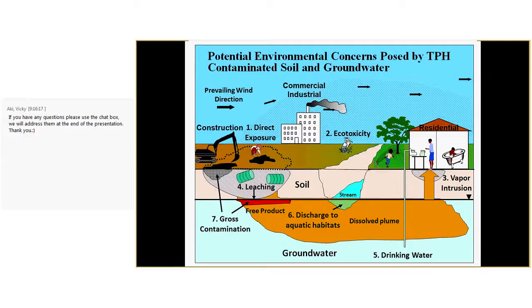And then the seventh, one of my favorite subjects, I guess, is gross contamination, where you have free product on groundwater or free product heavy contamination in soil. And this could cause a lot of problems, not necessarily related to long-term risk, but short-term risk. So let's look at that one a little bit closer. A lot of you who've seen our webinars in the past have seen this slide.